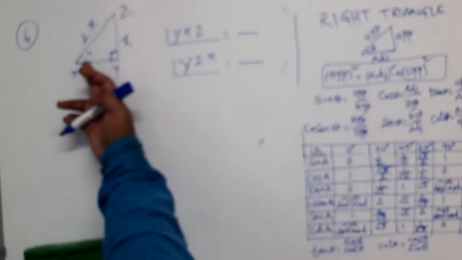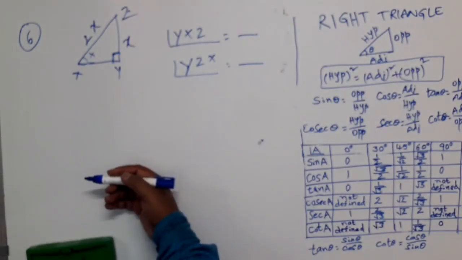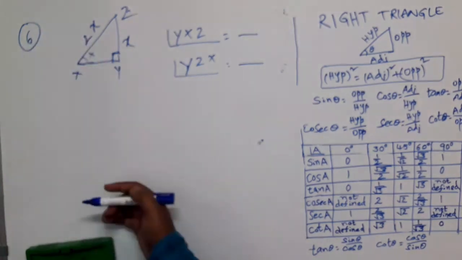So I am searching for that ratio. Of course, I have how many trigonometric ratios? 6 ratios: sine, cos, tan, cosecant, secant, cot. Out of the 6 ratios, I am searching for those which can relate the opposite side and hypotenuse. What is the relation? Opposite to hypotenuse I know is sine theta. Of course, cosecant theta is hypotenuse over opposite. Generally which one will I prefer? Sine. Sine theta is opposite by hypotenuse.